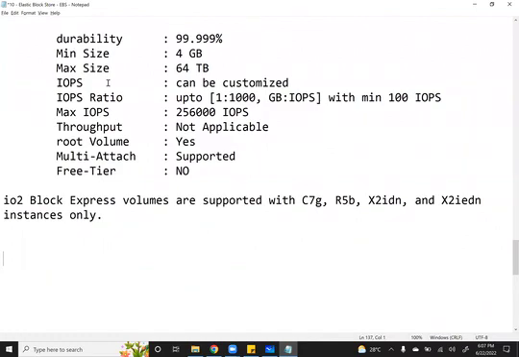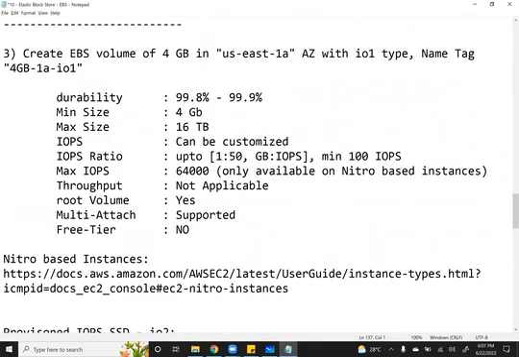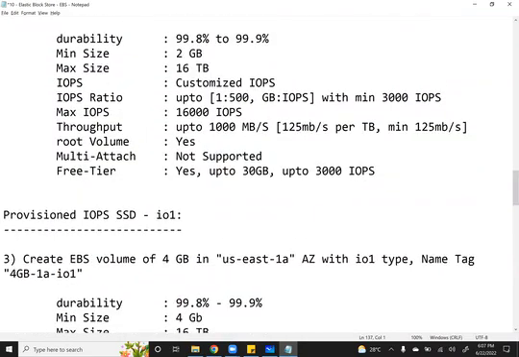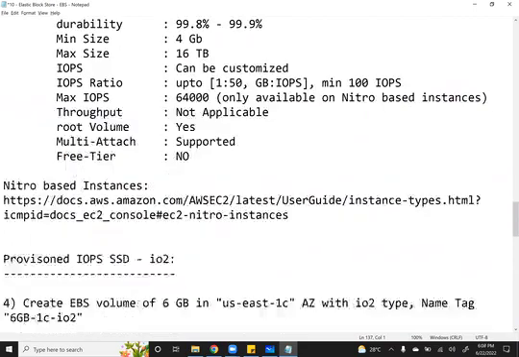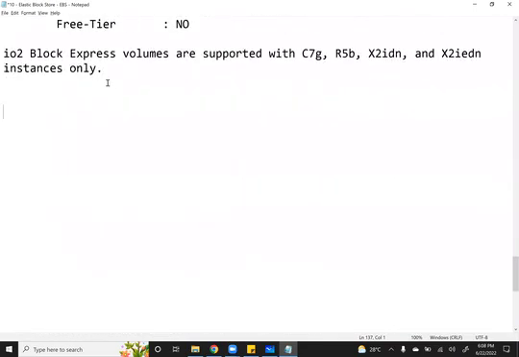We have covered the first two categories. One is general purpose SSD, in which we have two types, GP2 and GP3. And then we covered the provisioned IOPS also, which is IO1 and IO2. And these four are the solid state drives. If you create any of those four types of EBS volumes, the hard disk will be supported by the SSD,